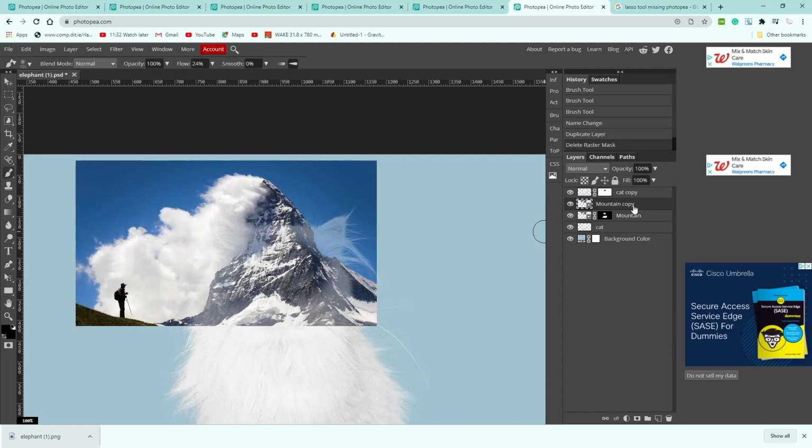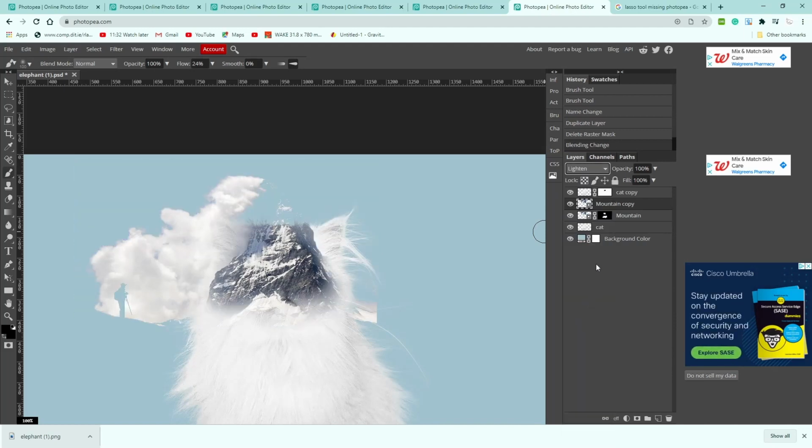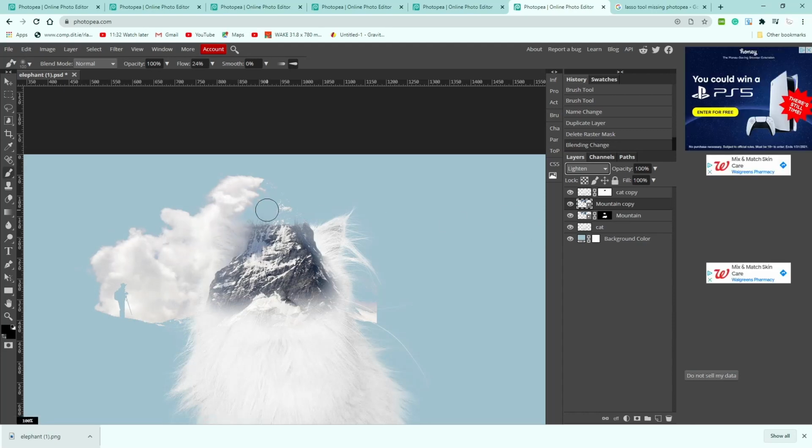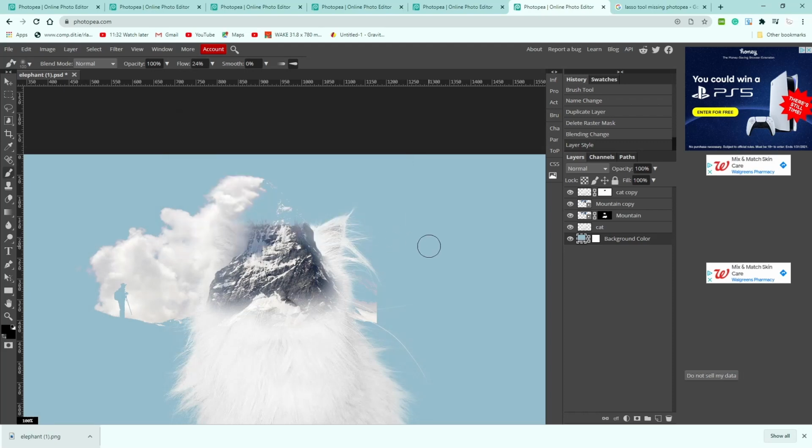And now we're going to change this from normal to lighten. So click on the normal tab, go down to lighten, and you can see that there's clouds right here. If you don't see clouds, it's probably because your background is too light. So go to your background color and double click on it and just change it until you're content with how bright or light your clouds are, and press OK. Go back to your mountain copy,